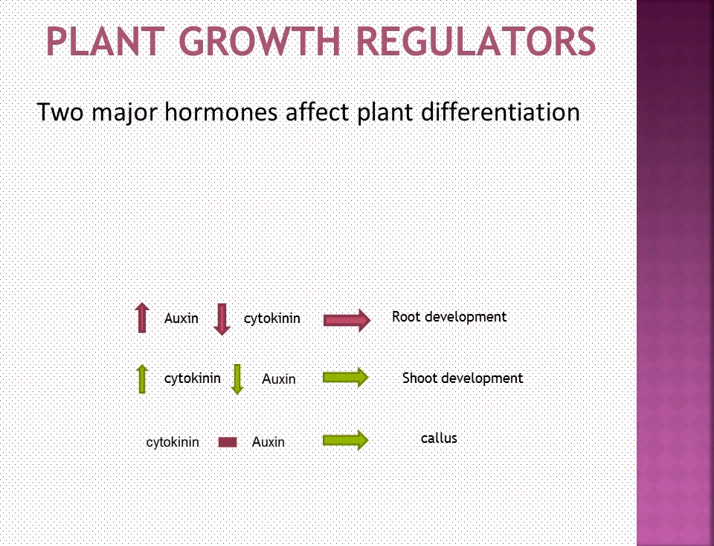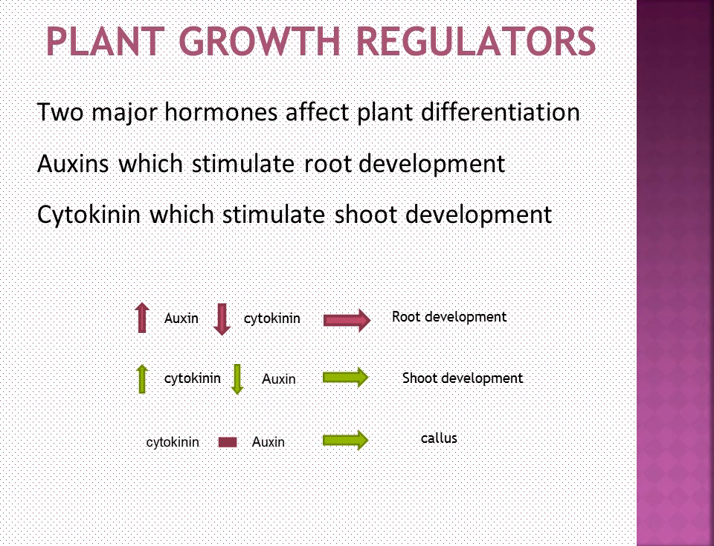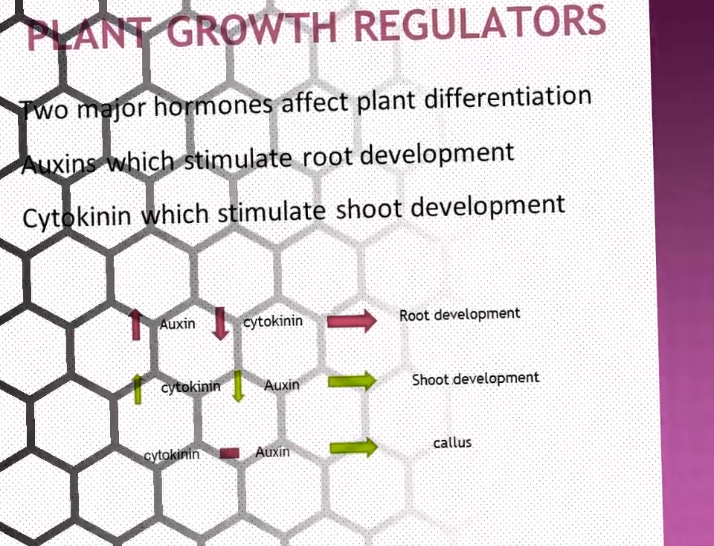Plant growth regulators: two major hormones, auxins which stimulate root development and cytokinins which stimulate shoot development. When you have increased auxin and less cytokinin, it promotes root development. And increased cytokinin and less auxin will promote shoot development. And when cytokinin and auxin levels are the same, it stimulates the